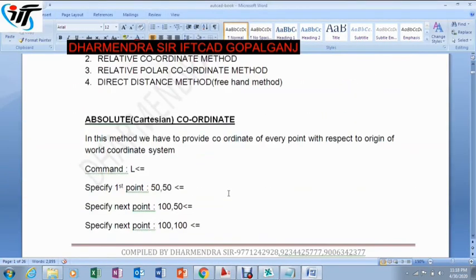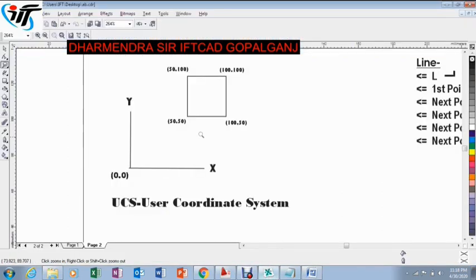Now we have the values for the absolute coordinate method. We are going to draw an object where the length and width are 50 and 50, and we start the coordinate from 50 units in x and 50 units in y. That means the origin is 0, 0. The distance of x from here is 50 and the distance of y is also 50. They cross each other here. That is called the xy equation.